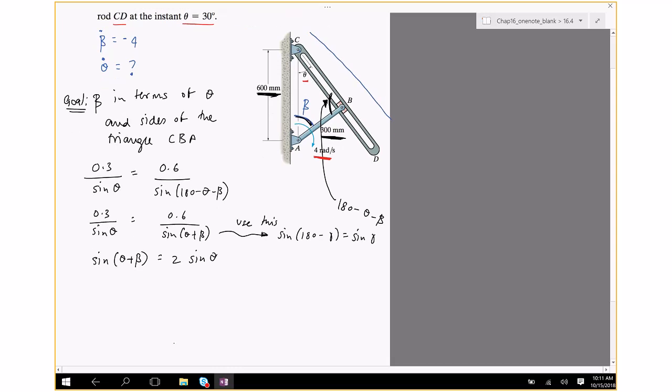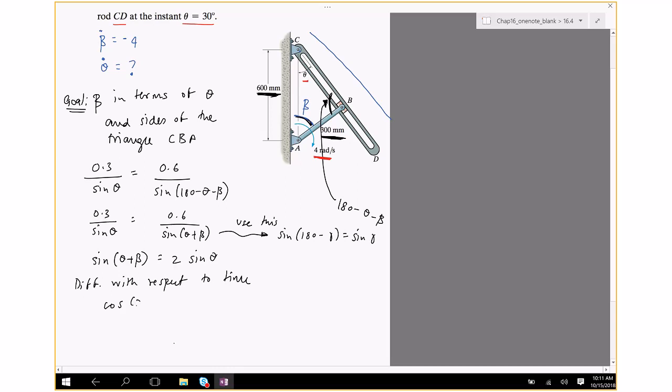So I can move things around and write sine of theta plus beta equals 2 sine of theta. And so now I think I have an expression which involves only the sides, in this case 0.3, 0.6, and theta and beta. So I would differentiate with respect to time, and get